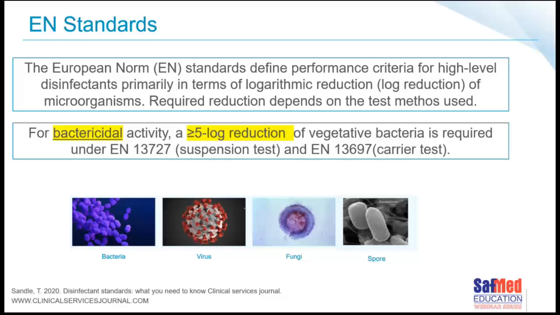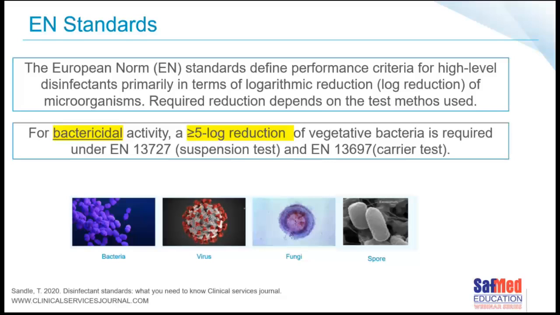When a manufacturer provides you with a product, or you're buying a high-level disinfectant, they have to prove to you that it is effective, and they test that product versus various standards. So here are some of the examples. Now, there's a whole multitude of EN standards for disinfectants, and these are some of the examples and what it is that they require. For example, these two test methods, 13727 and 13697, for bacteria are looking for a 5-log